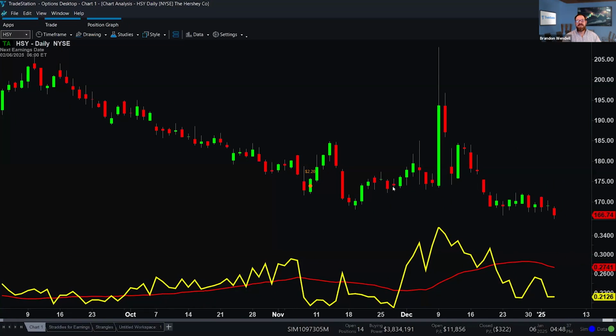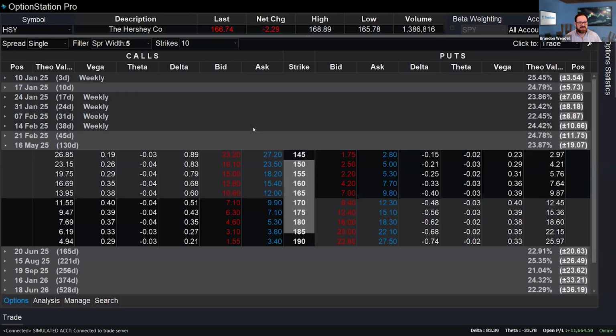And not only that, let's say we'll do this as an example. Let's say we have earnings coming up soon. Obviously, we do in about 31 days on Hershey. If we're going to do the at the money options, we're still pretty much in a downward trend. I have to do a little more analysis to see if it's likely to continue or not. But hypothetically, let's say we're expecting this to continue to go down in value. Okay. So we may be looking at the 170s rather than the 165s. That's the choice, right? We look at the 170s versus 165s.